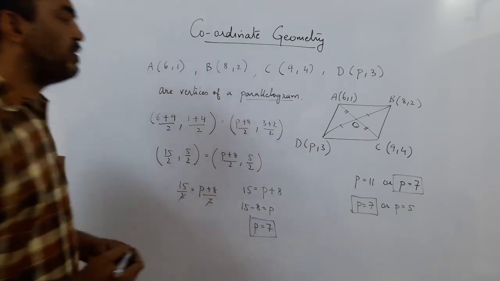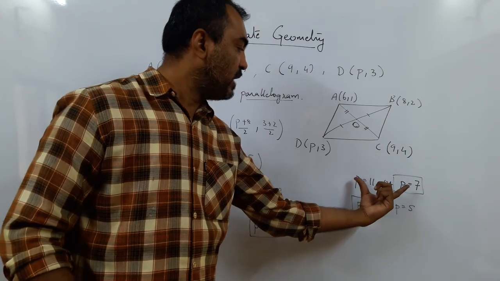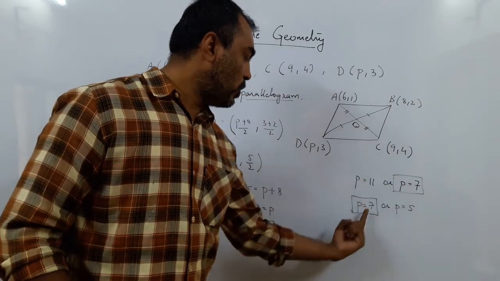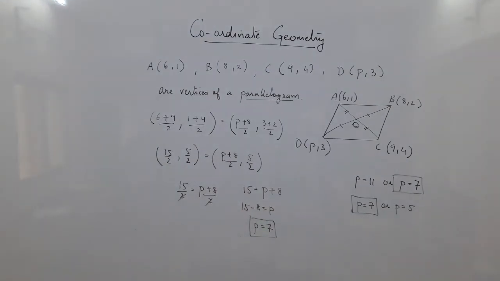Here we directly get the answer. In the earlier case, when I used the distance formula, I was getting two values of p and the common value I took, but when I took the midpoint, I got the direct answer. So there are different ways in which you can do the same sum. You have to check out the method. Yes? So what we are left to do is area of a triangle. The next formula is area of the triangle. The textbook does not have the centroid, but I will make you do the centroid also in the next lecture.